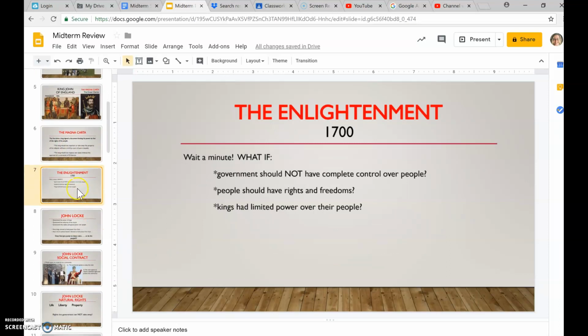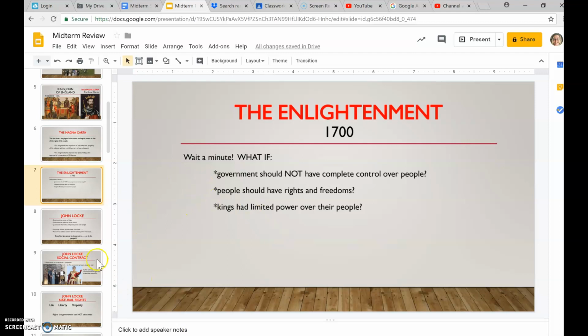All right, we have the Enlightenment age. What was the Enlightenment age? It was an age where all the people begin to challenge or question authority. People begin to question the authority of monarchy. Wait a minute. Why does a king or a queen get to tell us what to do? What makes them so special? For the first time in history, they were questioning the power of monarchy, power of government. And also, it was a time where they were questioning the church. Well, what makes a priest be able to sell tickets to heaven and such things like that? Real breakthroughs in science took place during the Enlightenment.